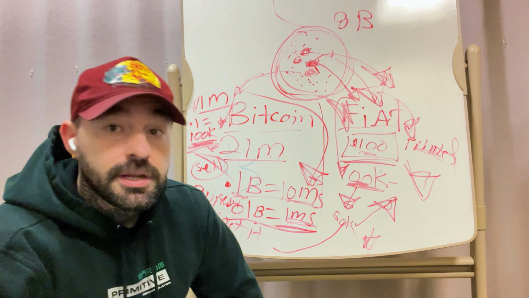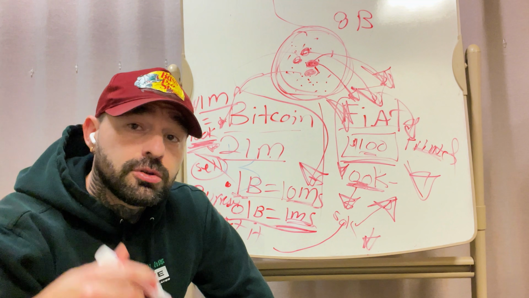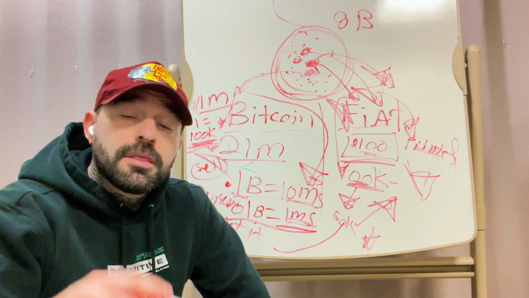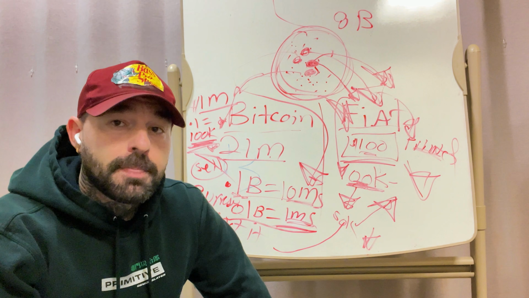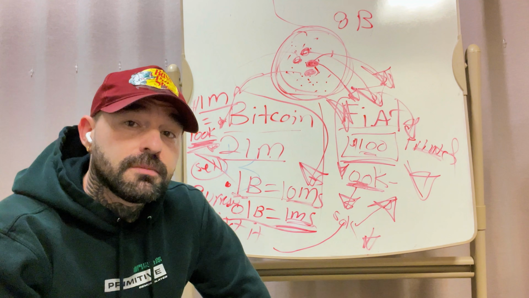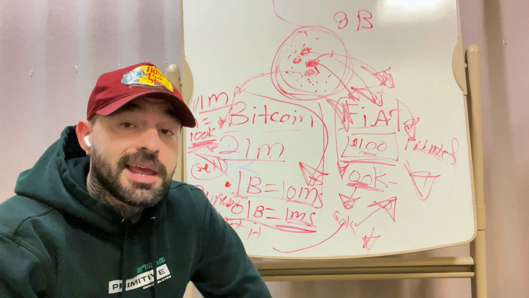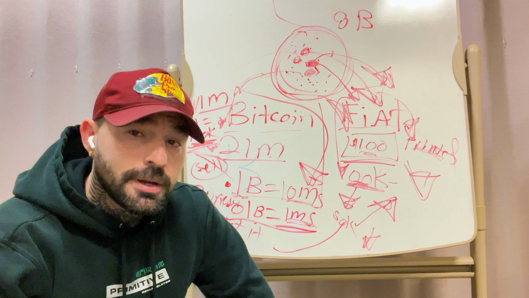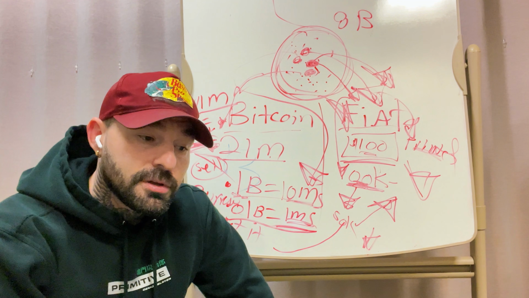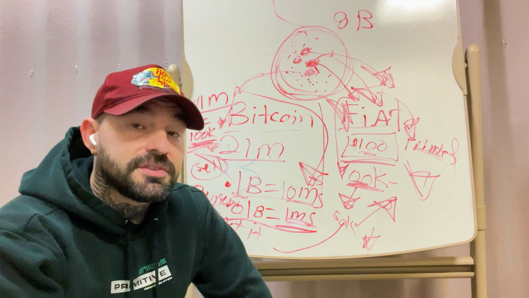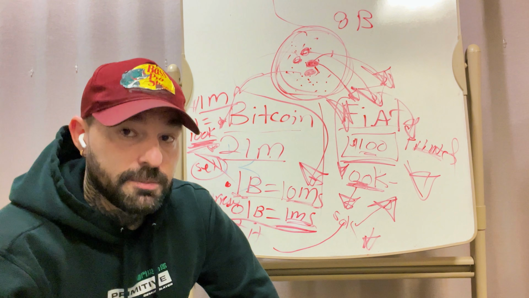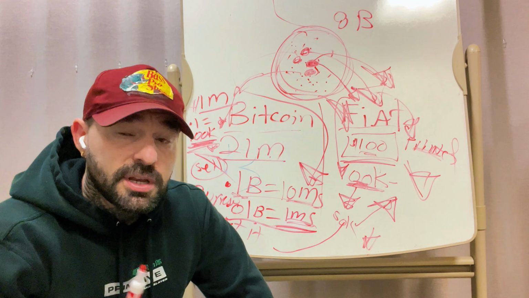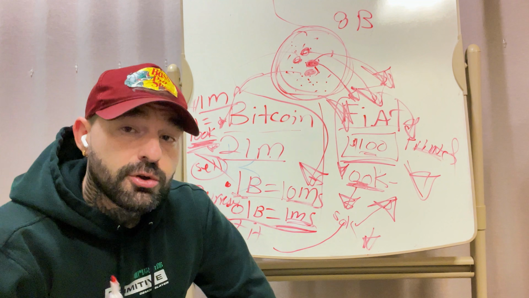So in conclusion, ladies and gentlemen, I hope you got some value out of this video. I hope you all understand that the more money is being printed, the more you are getting poor, and the more that every Satoshi towards your future matters. Every time that you have a dollar, and you don't have to spend that dollar, that should be going into Bitcoin. Because Bitcoin one day is going to have a very parabolic move.